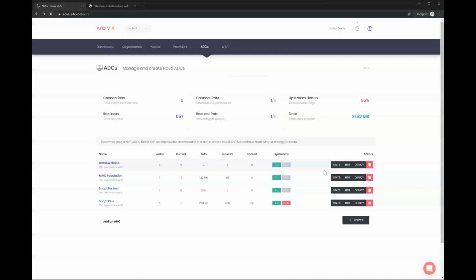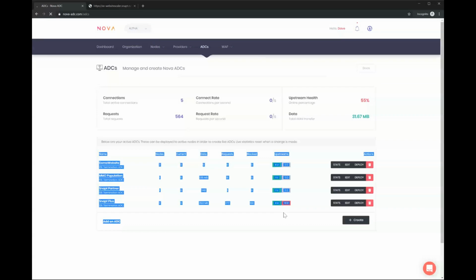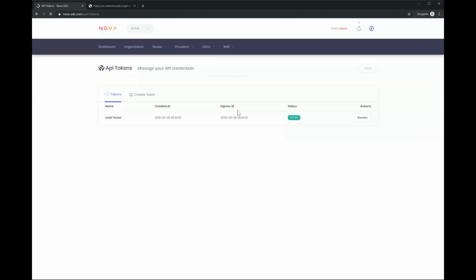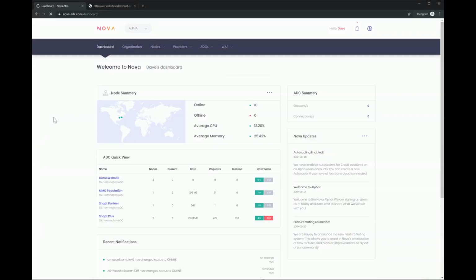So here, if we weren't saying website scaler, we could say, well, there and there and there and there, and it will deploy across multiple clouds, and we'll see all of its information and stats all here in our one control panel. The other things I should mention, obviously, there's an API for this, so you can automate it, you can script it. It's a REST API, very easy to use. You can create API keys anytime you need, give them access credentials and so on, revoke them, etc. It's a huge amount of functionality, obviously.